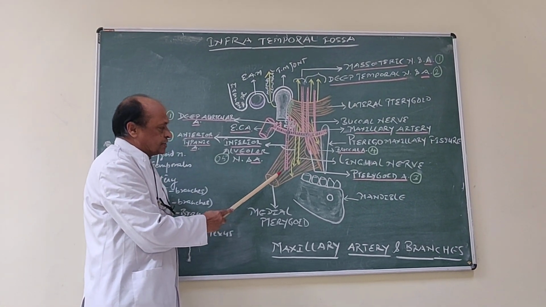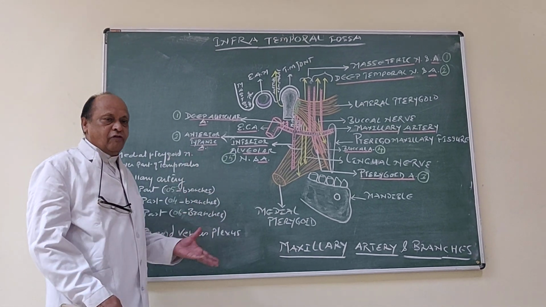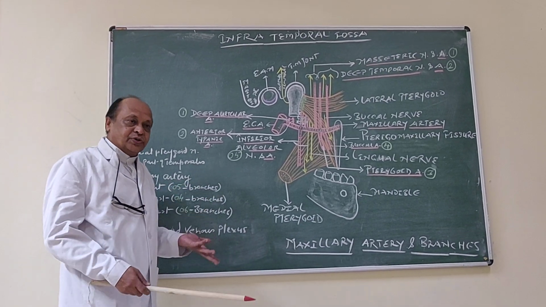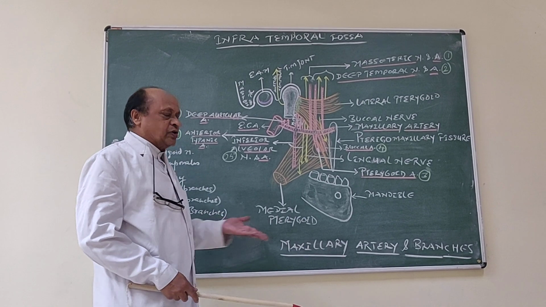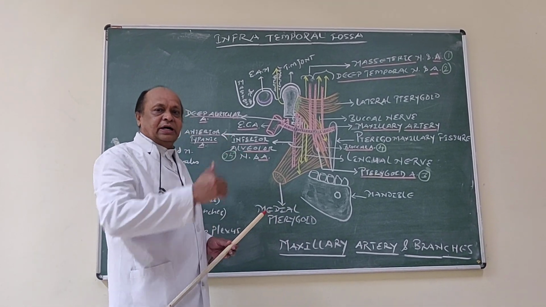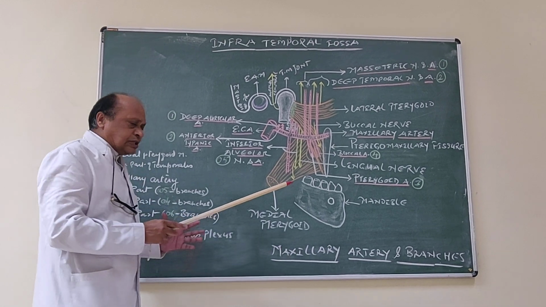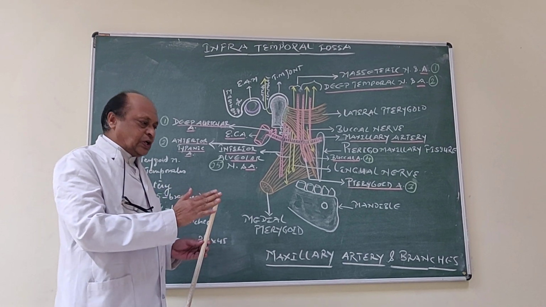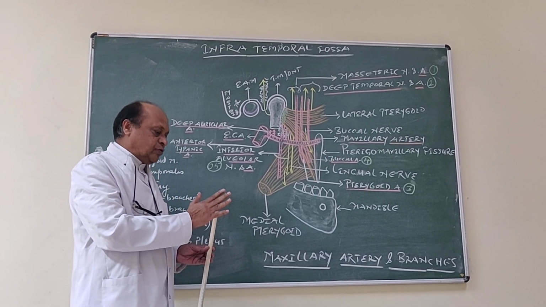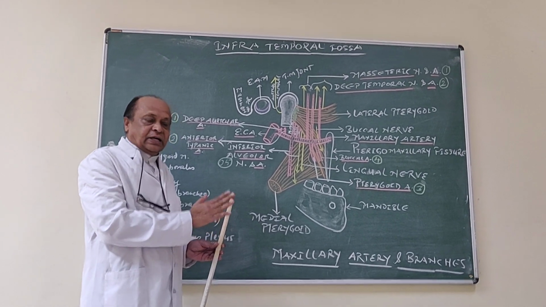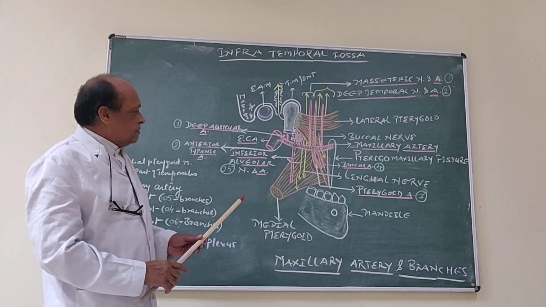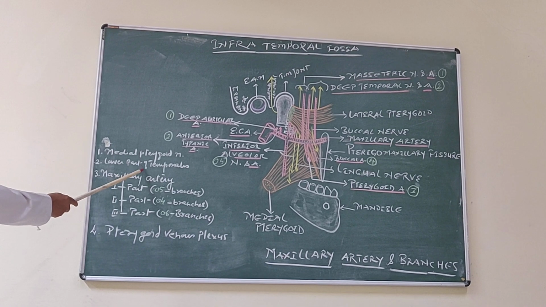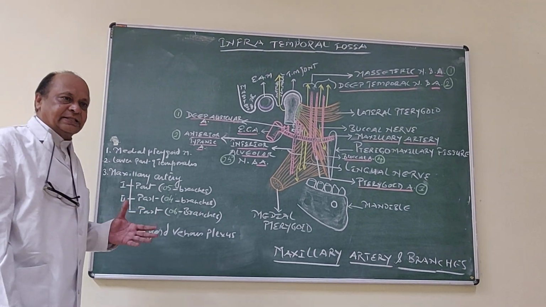The very important action of this muscle is elevation of the mandible, and along with the lateral pterygoid it brings protrusion. Protrusion, as we know, is nothing but forward projection of the mandible beyond the upper jaw. It also helps in side-to-side chewing movements along with the lateral pterygoid. When the medial and lateral pterygoid of one side contract alternately with those of the other side, it brings side-to-side chewing movement.